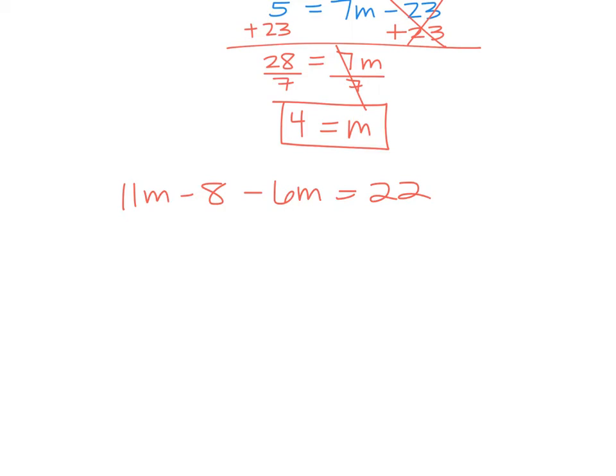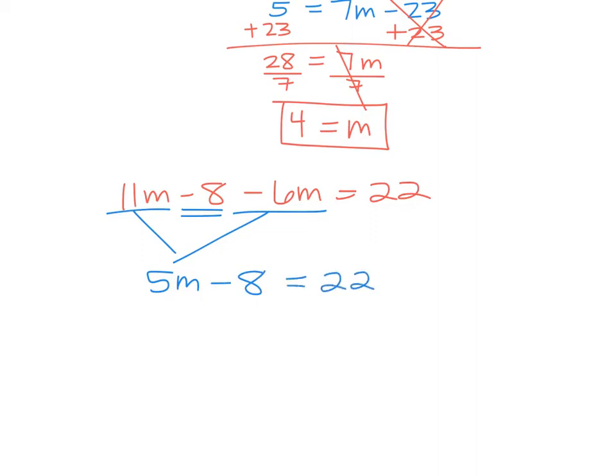Okay. So let's just, it sounds like majority of you just do it. So our like terms right now are our 11m and negative 6m, or we would say it's minus 6m, right? So 11m minus 6m gets us what? 5m. Don't forget that m, okay? And then it's going to be minus 8